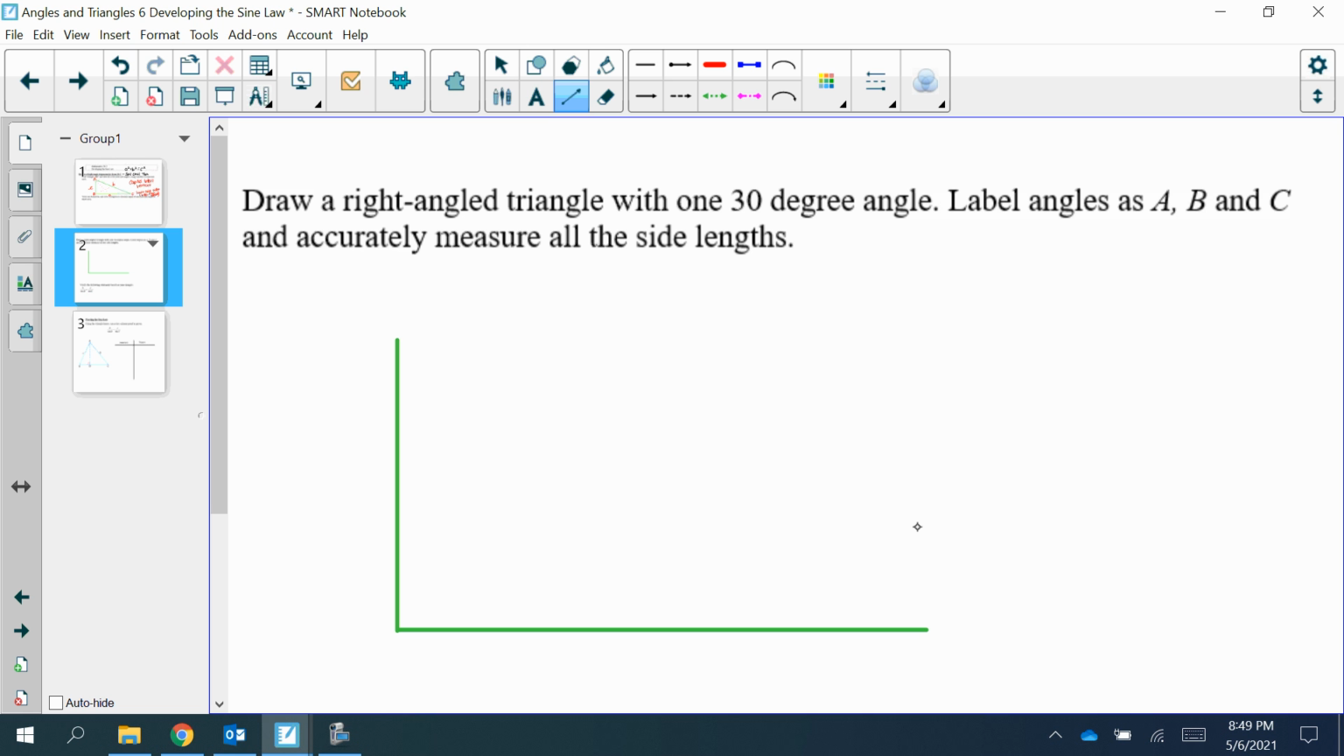I don't think I can pull it out right now. There is a smart protractor, but I don't know how to. Can you hear that motorcycle? There's a motorcycle ripping. Um, so I would grab my protractor and use the little